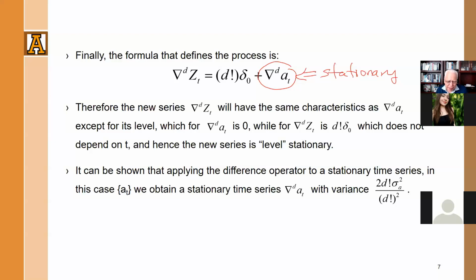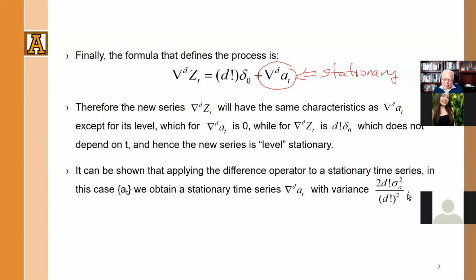Now it can be shown that if you apply the difference operator to a stationary time series, in this case AT, we obtain a stationary time series. I mentioned that result earlier, but it can be shown that if you take the difference of a stationary time series, difference of order 1, 2, 3, whatever,